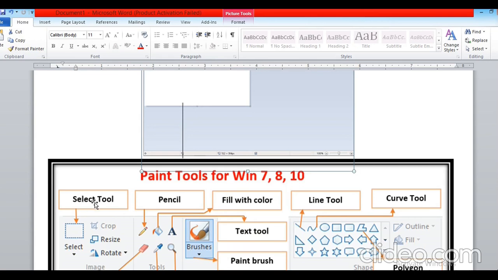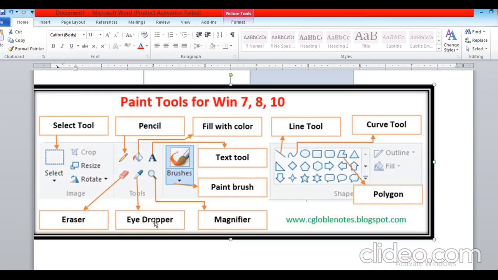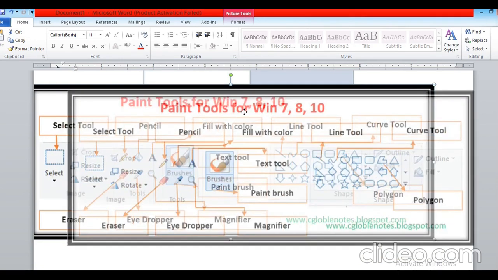In the image group we have the select tool. In the tools group: pencil tool, magnifier tool, fill with color, text tool, eraser, color picker tool or eyedropper tool.